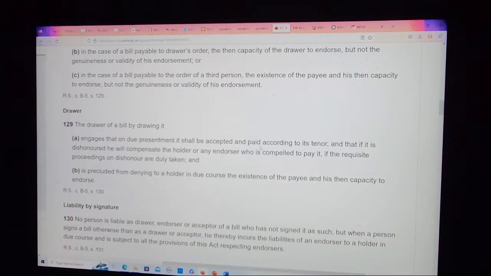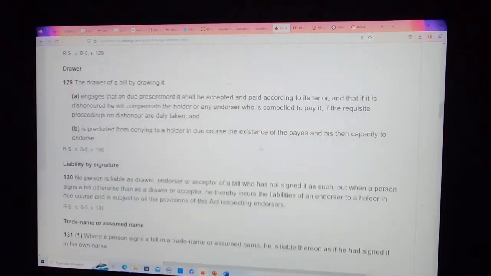The reason this is so important, ladies and gentlemen, is because it's a paper for paper exchange. There is no money, okay? The gold and silver has been taken out of the economy in almost the entire world as far as countries are concerned, okay? So it's all just paper for paper. It's notice and acceptance. It's presentments. It's honor and dishonor. That's it. That's all it can be. There's nothing else. It's paper for paper, okay? And so it's important to understand that.